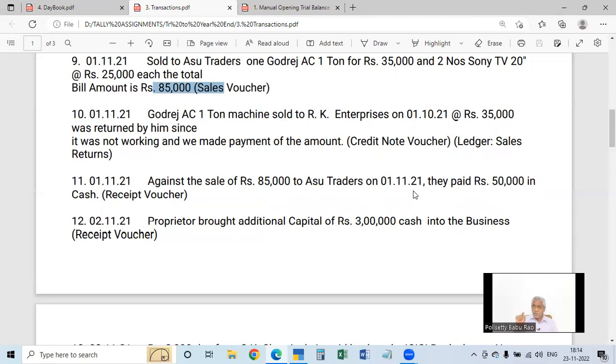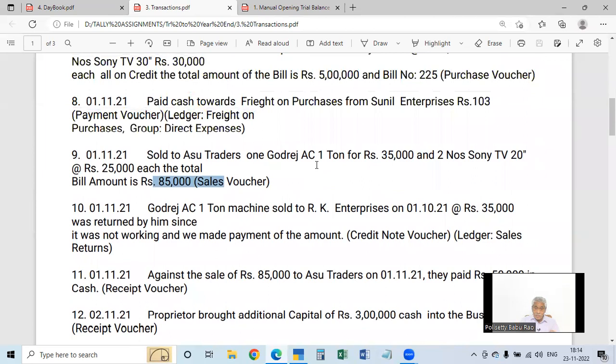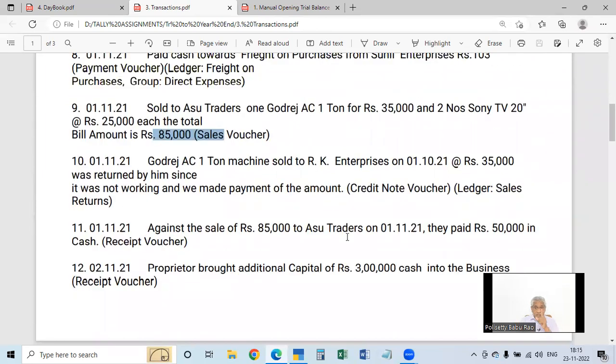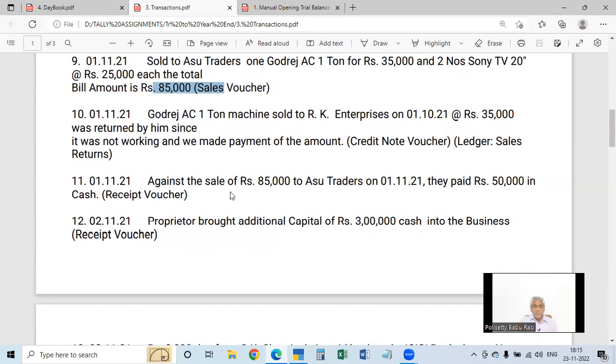It will take it automatically. When you enter the 50,000 against bill, it will ask you for pending bills. In the pending bills, it will show bill number 2, 85,000. If you enter that, it will take only 50, because you are entering an amount of 50,000. So the balance will be 35. In the next payment period, that 35,000 rupees balance will be shown in this pending bill. Okay, so this is entered in the receipt voucher against Ashu Traders, and against reference